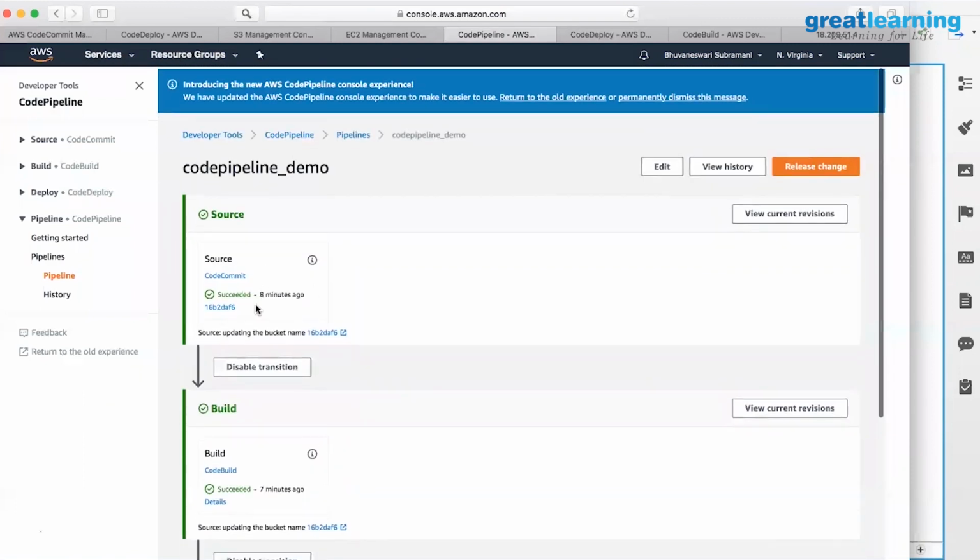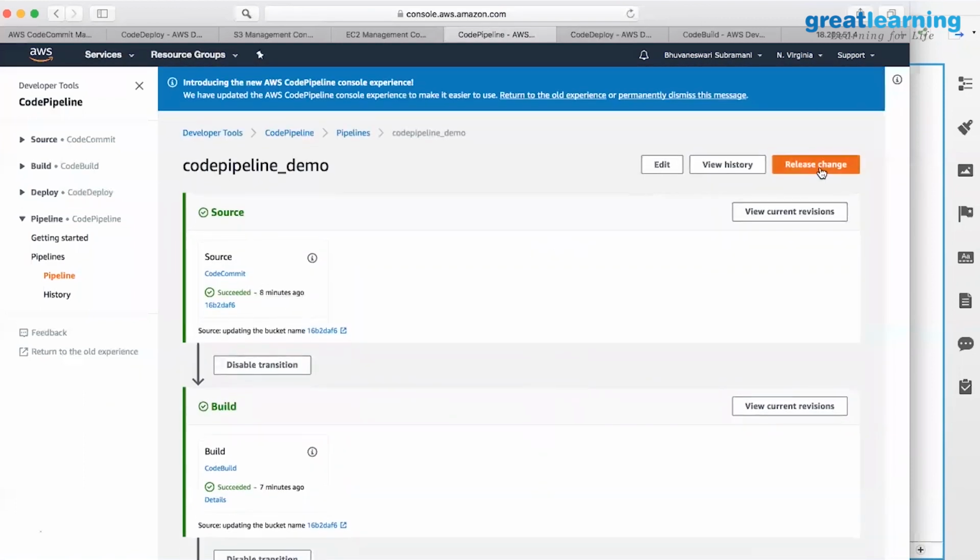Ideally, when there is a commit, it should trigger automatically. If not, we can click on release change and detect. I'm going to leave it to see what happens.